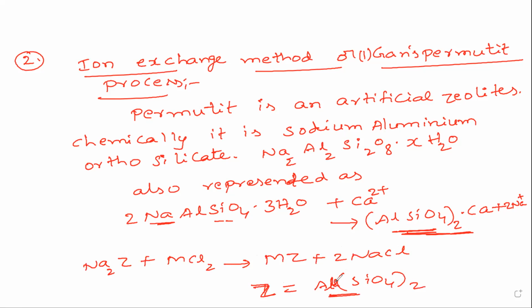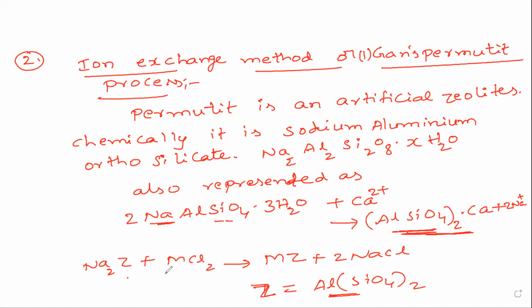AlSiO4 taken twice is called Z. What is Z here? It is aluminum silicate. That is nothing but Z. So Na2Z, that is Na2Al2Si2O8·XH2O. It's called Z. So Na2Z, that is permutit, sodium zeolite, combined with